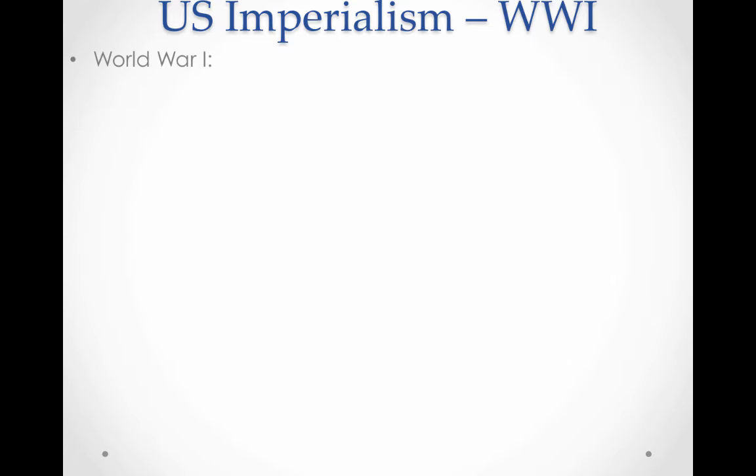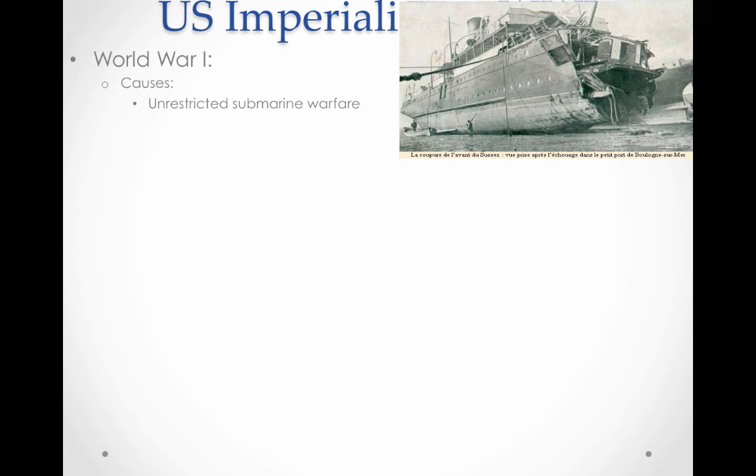All right, so let's talk about World War I. Now, you learned last year in Global 2 the main causes of World War I. We're going to talk about the U.S. entrance, the causes for that. So we have unrestricted submarine warfare. Germany was sinking all ships that were not German or allies of Germany. And we also have the Zimmerman Note in which Germany said to Mexico, hey, attack the United States and we'll make sure you get that land back you lost in the Mexican-American War.